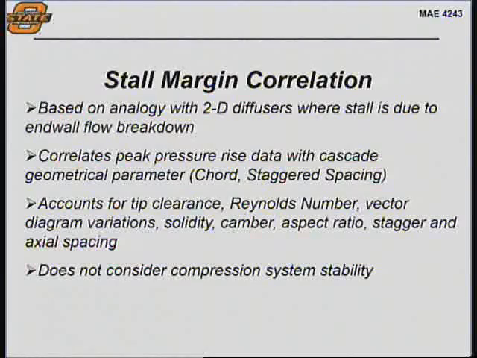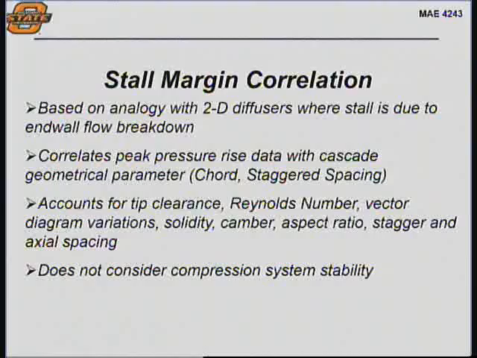So we kind of just stated that as a fact, and there is a real engineering reason why that has occurred. What was recognized was that the passages the flow goes through in an axial flow compressor are nothing more than diffusers: you're raising the pressure and slowing the flow down, and people started thinking of ways to give more stall margin